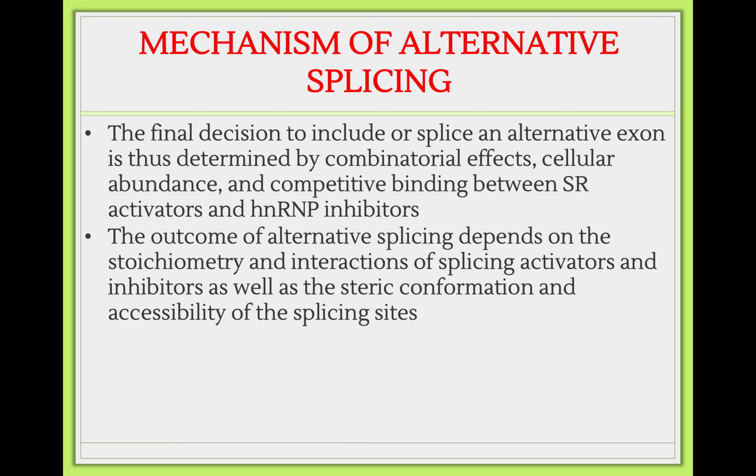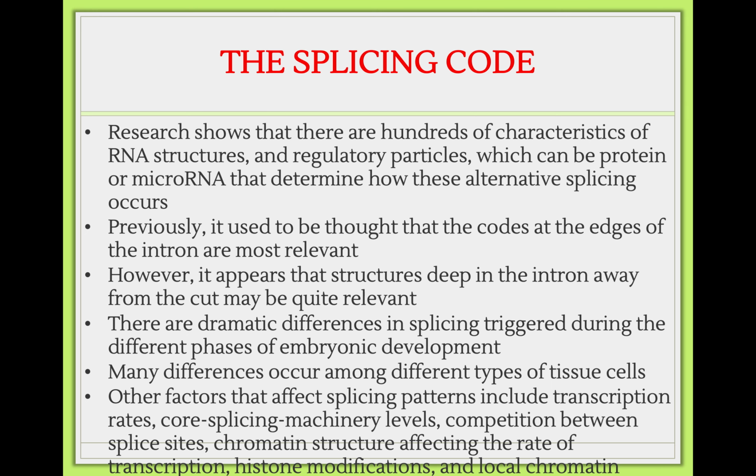And the outcome of alternative splicing depends on the stoichiometry and interaction of splicing activators and inhibitors, as well as, we know, the steric conformation and accessibility of the splicing sites. If there is mutation, then of course it would play havoc there. So the splicing code basically has an impact on the alternative splicing, and research has shown that there are hundreds of characteristics of RNA structure, and this includes regulatory particles as well. So protein or microRNA